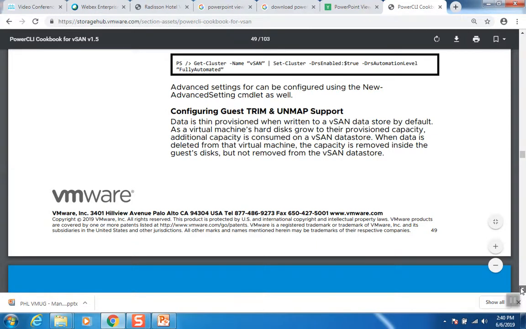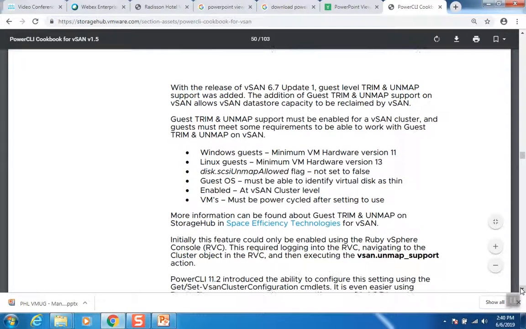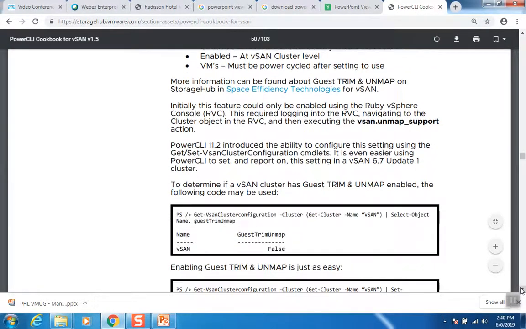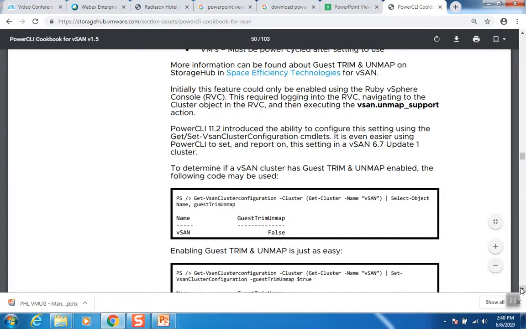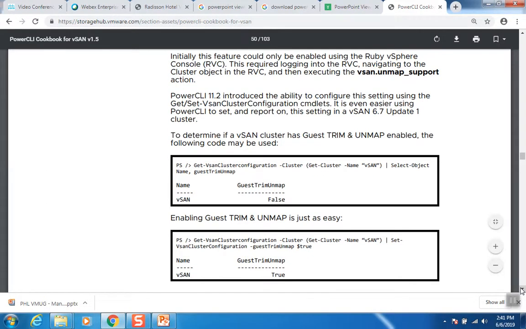And so I reached out to our engineering team, and I was like, hey guys, there's got to be a way for me to do this with PowerCLI. And when they announced PowerCLI 11.2, we added the ability to do that to make it a lot easier, or even report on it for that matter. All right, and I can't get into an environment to talk about code capture, but